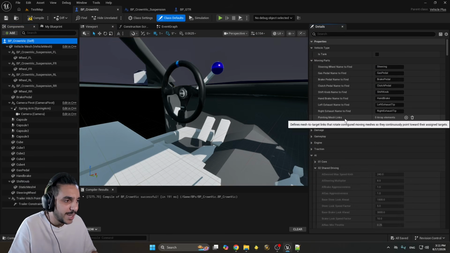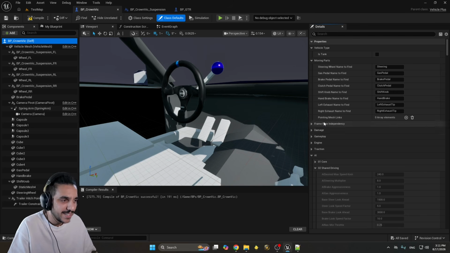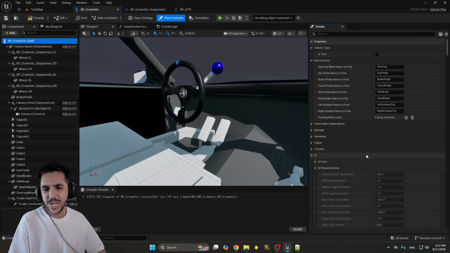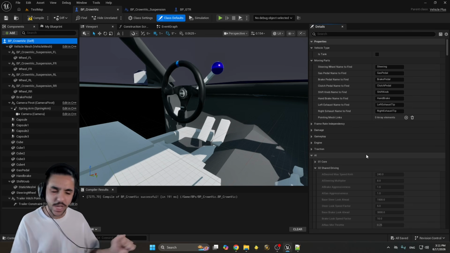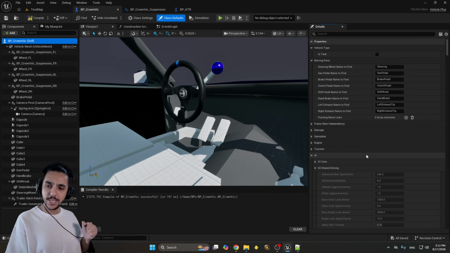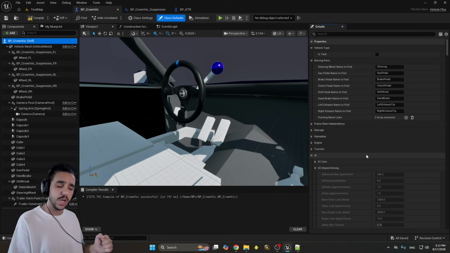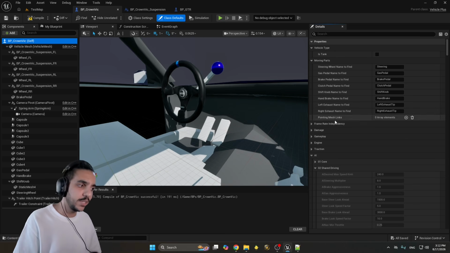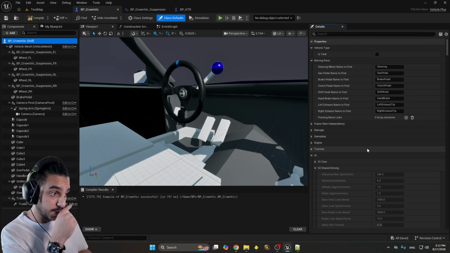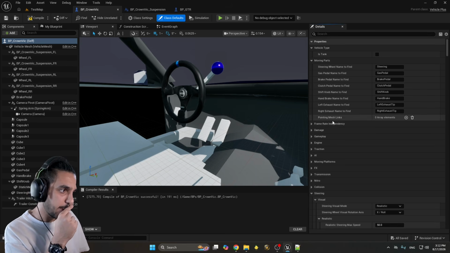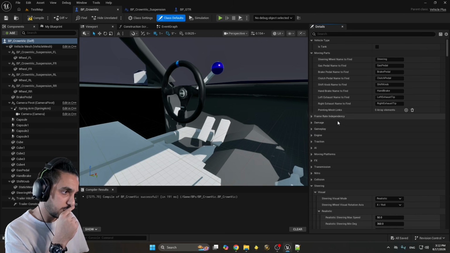Now we need pointing mesh links. This is really important. This tells you how much the pedals should be pressed, or what location or rotation should change whenever you press that button. For example, shifter 1 is here, 2 is here, 3 is here. It's all set here in pointing mesh. Sorry, not in pointing mesh links. It's all done in another section called